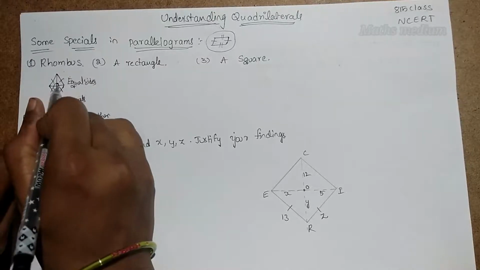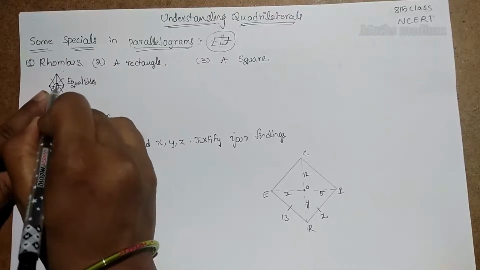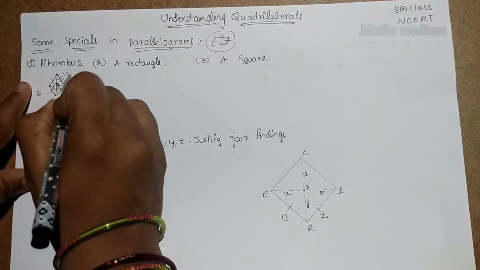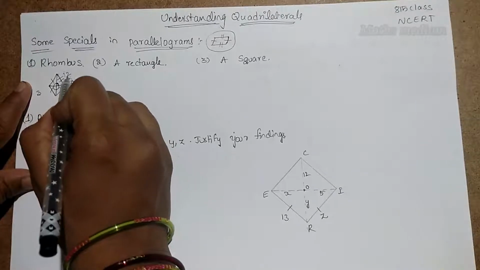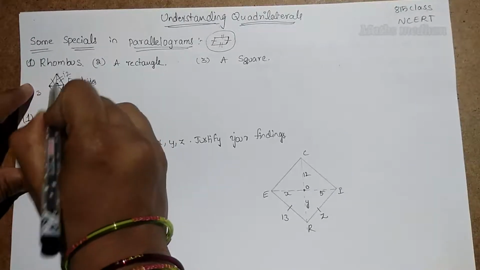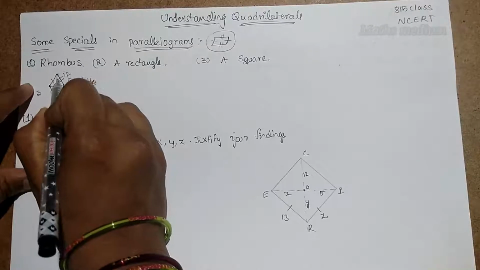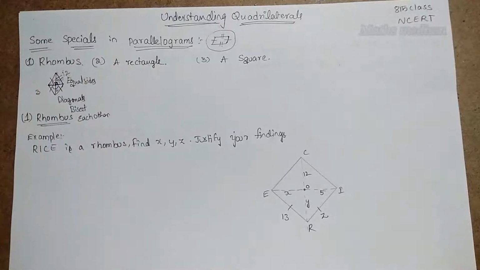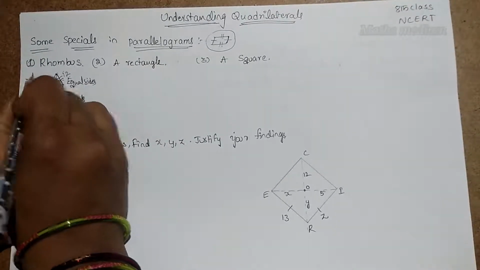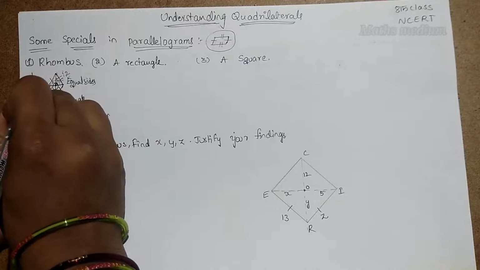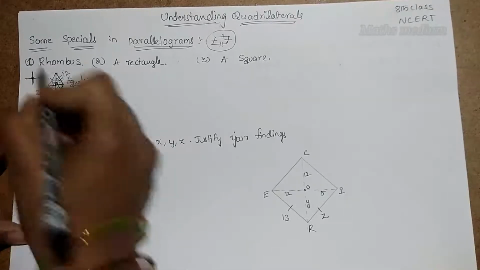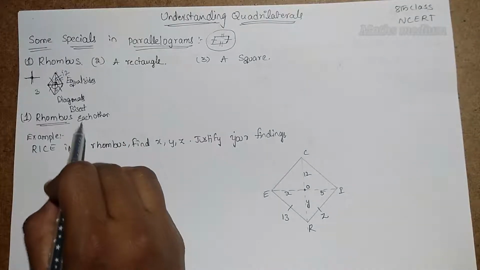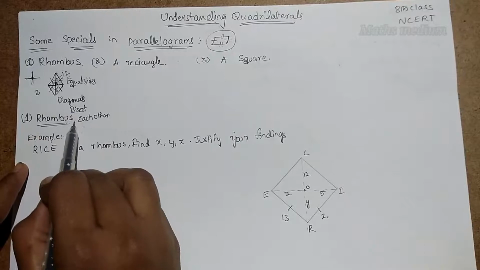If you take this diagonal with 3 centimeters and this diagonal with 12 centimeters, for example, and the two diagonals cut at a point, then obviously this is 6 and this is also 6. This is 1.5 and this is 1.5. That is nothing but two lines bisecting at a midpoint. If you measure these lines, they are equal in length. So this is about the diagonals bisecting each other in the rhombus.